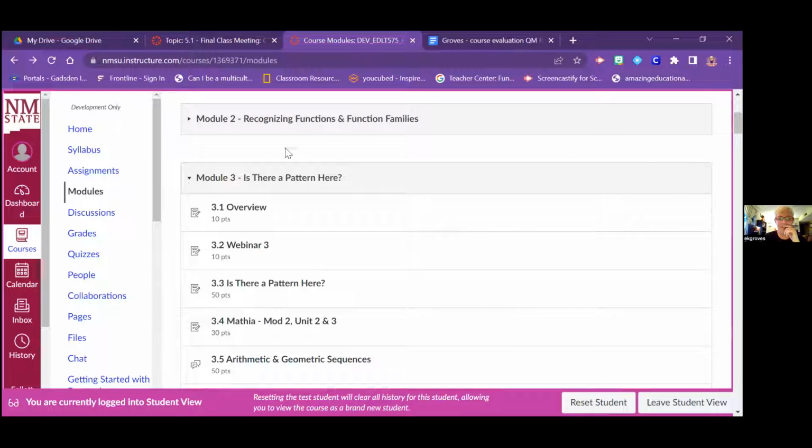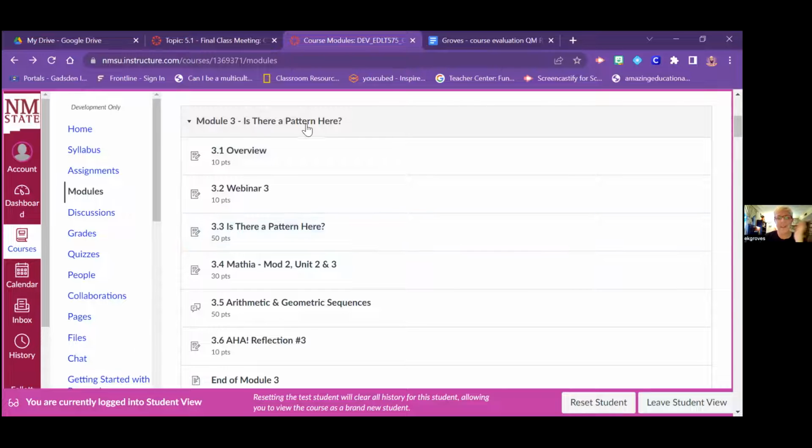So each module follows the exact same pattern. And I know it gets a little boring for us, having the exact same pattern week after week after week. However, for students this age, 14, 15 years old, with who knows what other classes they're taking, who knows whatever crazy stuff they could be experiencing, I think having a constant, to where when they log into class they know what to expect, they know what's going to happen, could be really good for them.